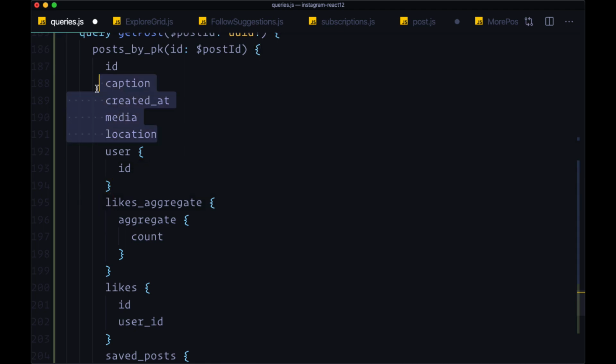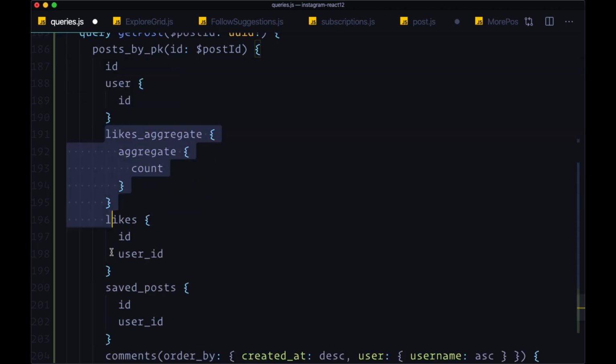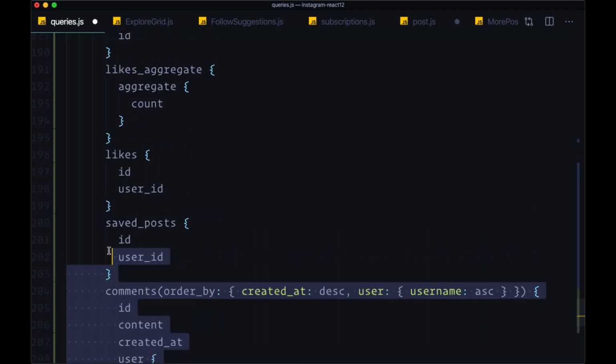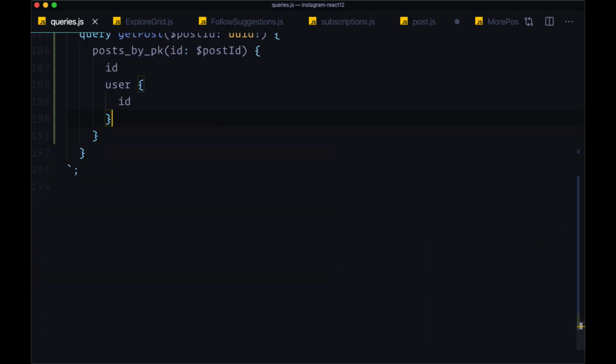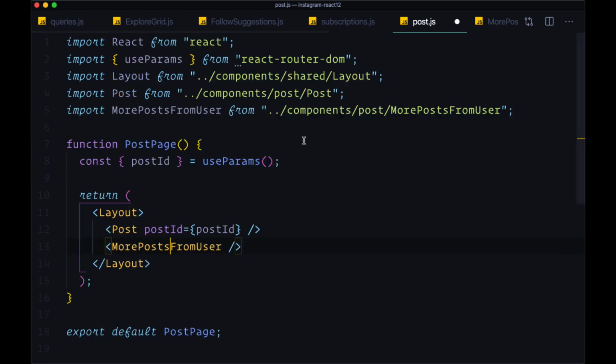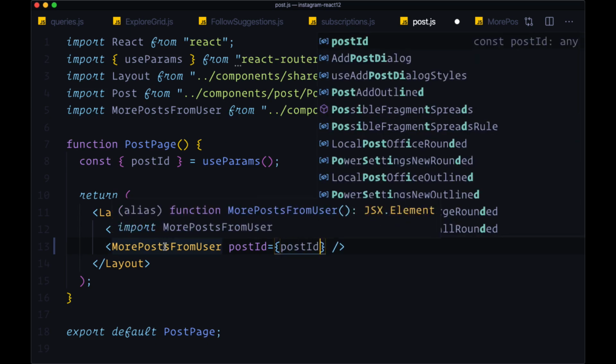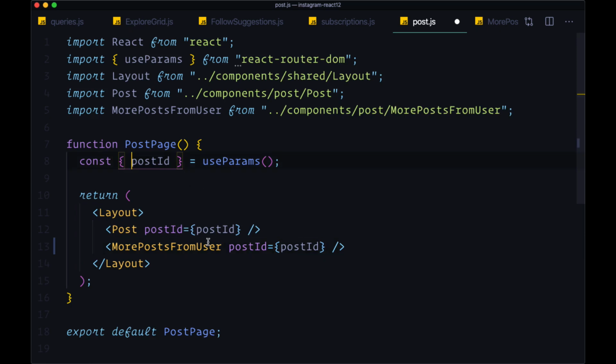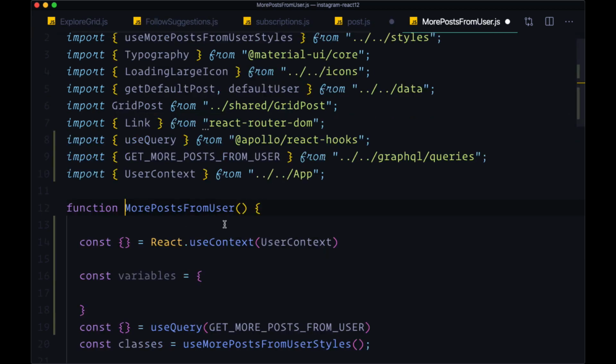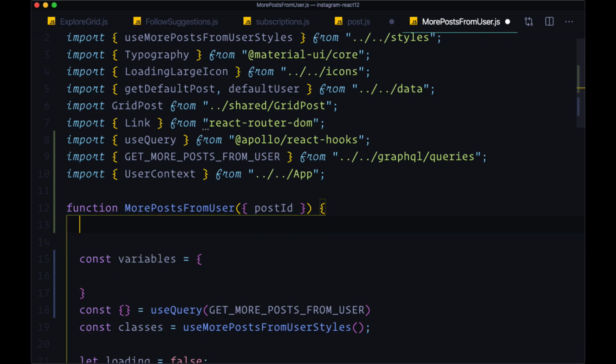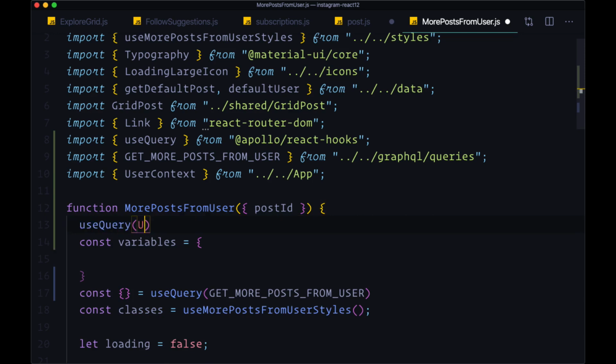So we can get rid of all these fields, just the ID, and then ID from the post and the ID from user. And that's it. And here we can still pass the post ID as a parameter down to more posts from user. And we can destructure that in the props. So we'll get the post ID here, but we will need to use the post query,